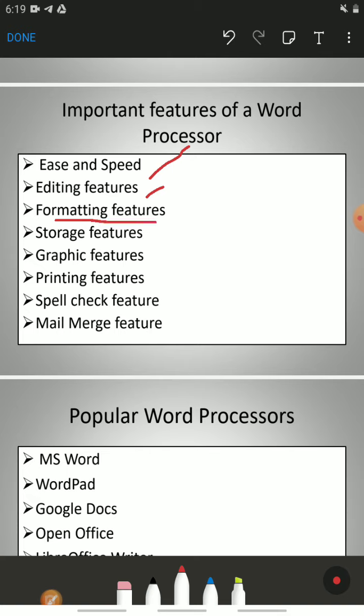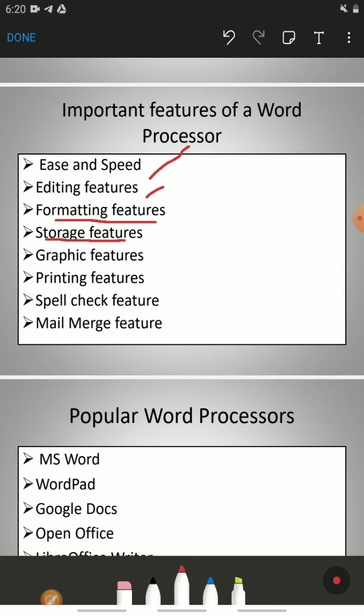Word processors provide us various features like bold, italic, underline, font name, font face, font color, word art, etc. Then the storage feature. This feature of a word processor allows us to store our documents for future use.